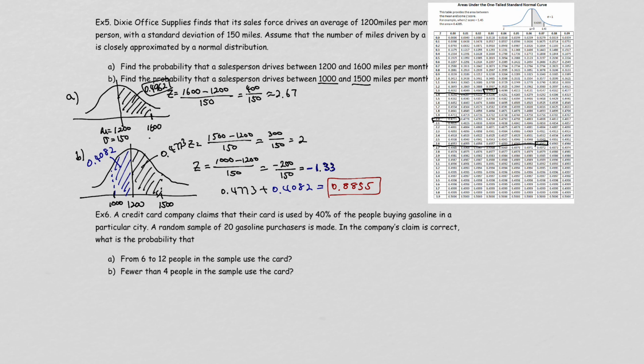This problem is not the volt one. This is the driving one, right? So the salesperson will drive between those two mileages. And that's how you're going to use normal distributions to find out the probabilities or the percent